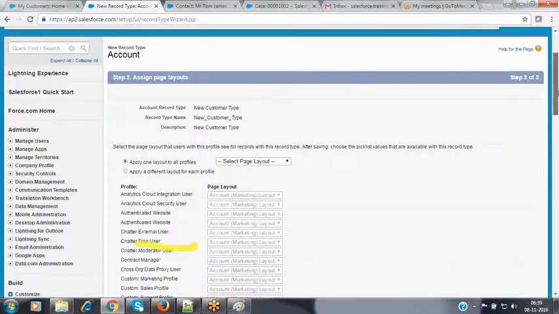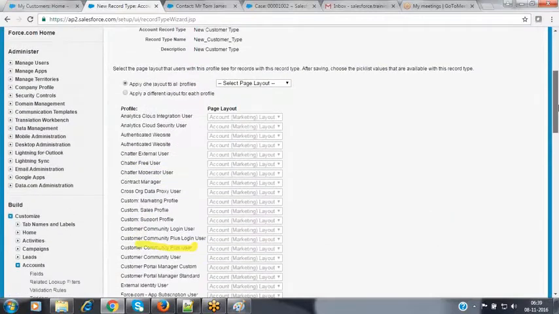Now select the page layout which you want to display when you select this record type. Here it is providing a pick list field to you. In this pick list field, all the page layouts which are available on the account object will be populated. From this, we can select the page layout which you want to display when you select the record type as new customer record type. For the new customer record type, I have designed one separate layout called new customer layout. For the existing customer record type, I have created one more layout called existing customer layout.